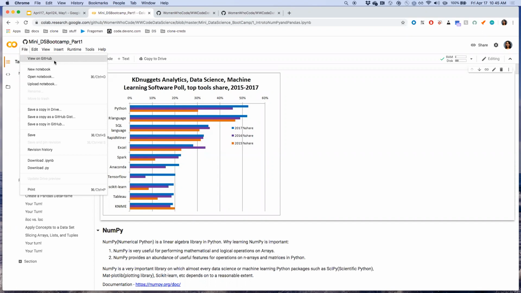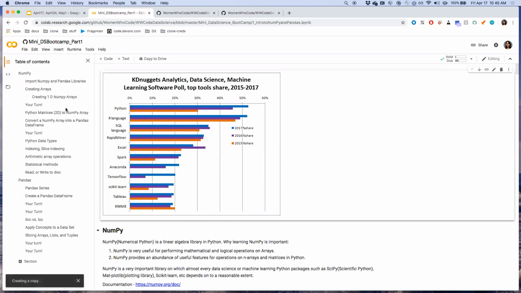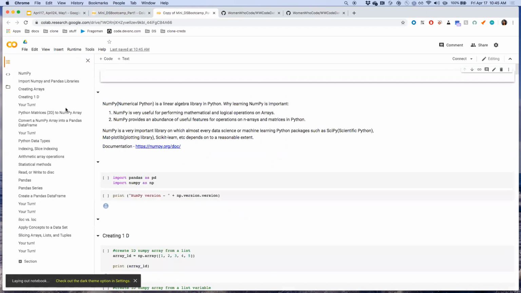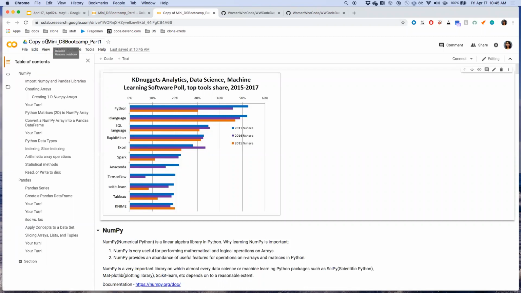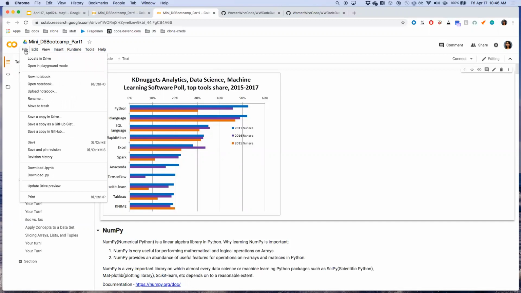That is an option. And once you get this open, I would suggest to save a copy in Drive. Specify whichever location that you would like to save it to. Once you've saved this, it will have the name Copy of mini data science bootcamp. But this is your copy, which is present in your Google Drive. So you can make any edits you want on this and it will be saved into your Google Drive. This is the best way to go about it. So I would reset the name to be whatever you'd like and make sure that it's stored in the location that you'd like.